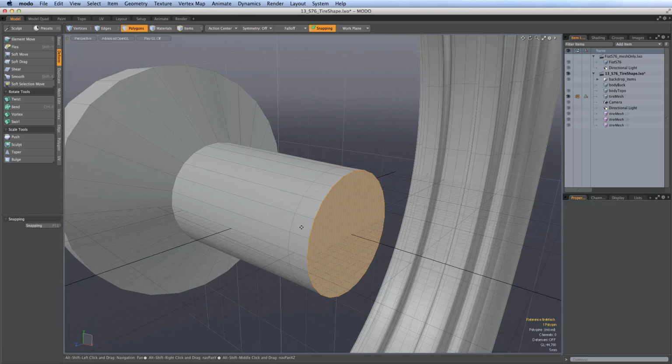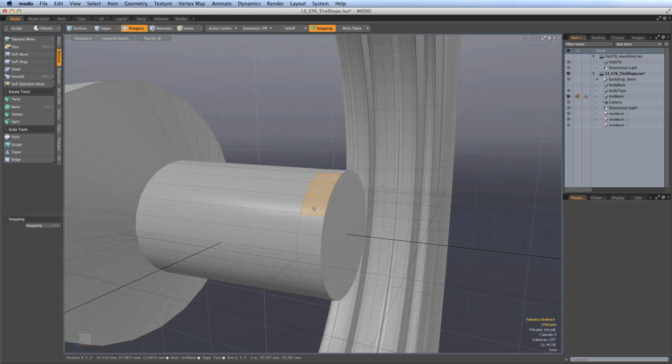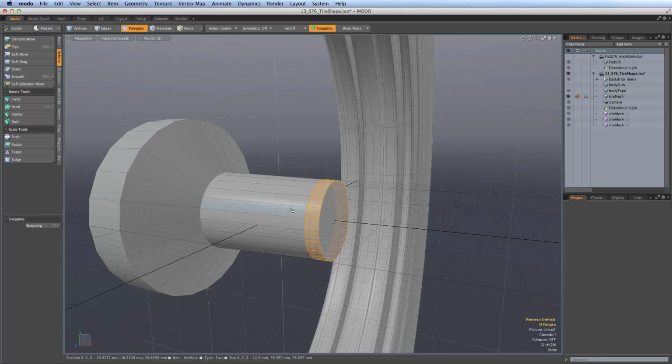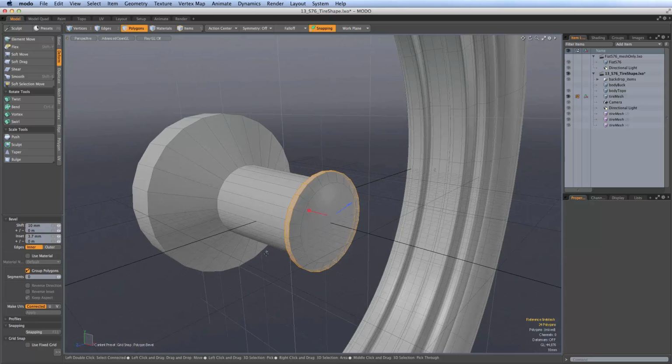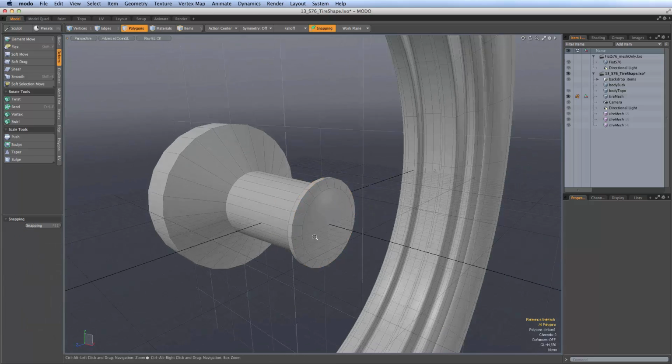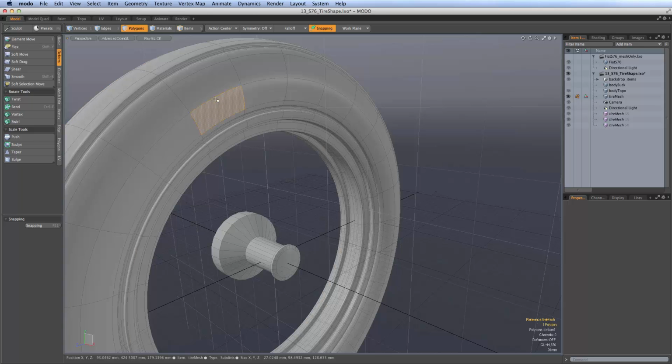And then I'd like a little bit of a hub at the end of this. So let's loop select this outer loop, B for bevel, click in the viewport, and pull that out. Now, for some reason, group polygons got turned off for me, so let's head over to our bevel tool properties, click on group polygons, and just scale that in somewhat. There we go. Escape to drop the tool, escape to drop the selection, and note that this stuff is smooth,